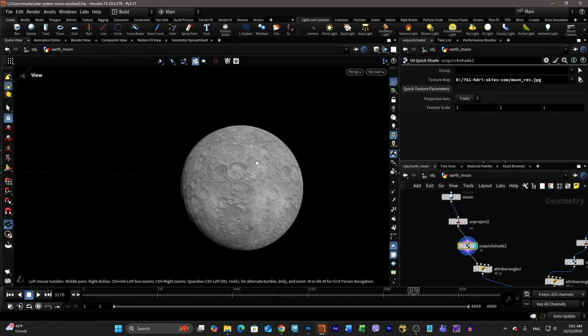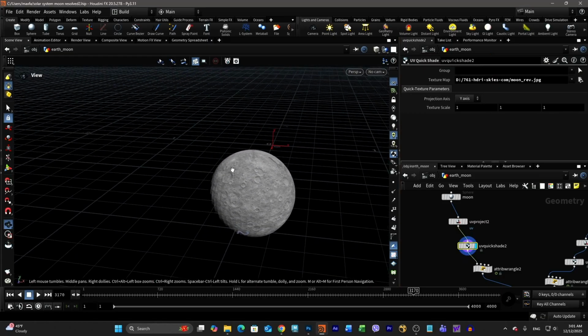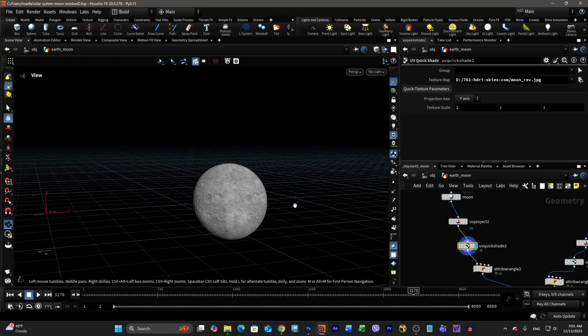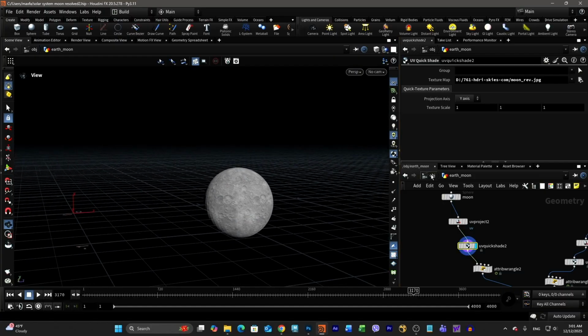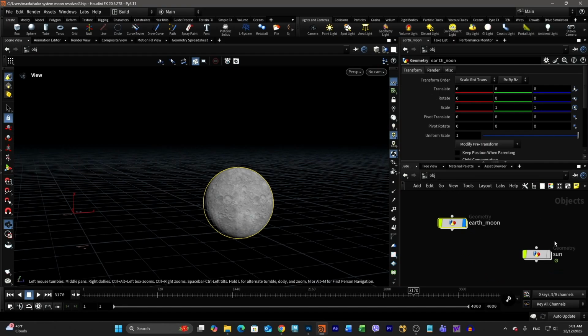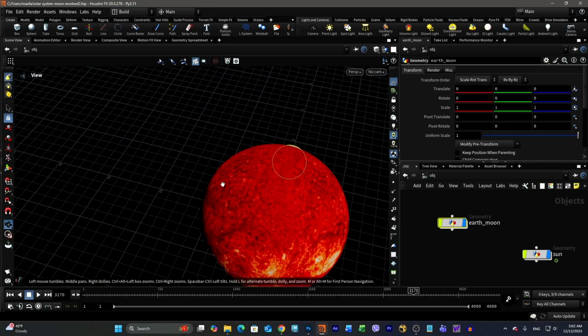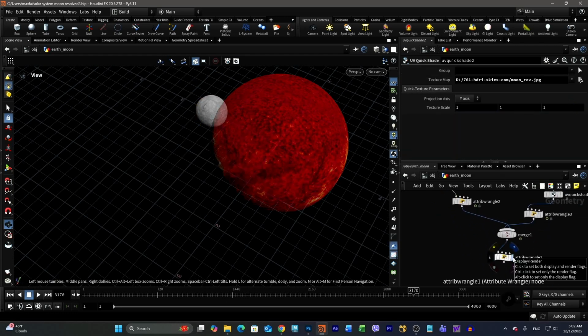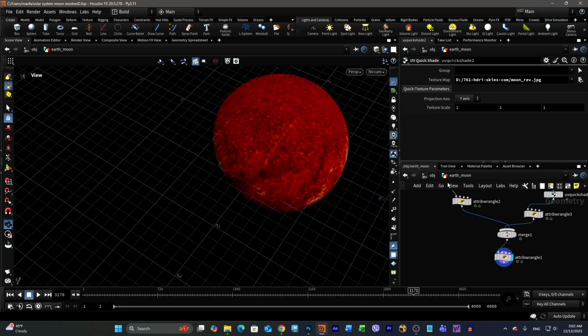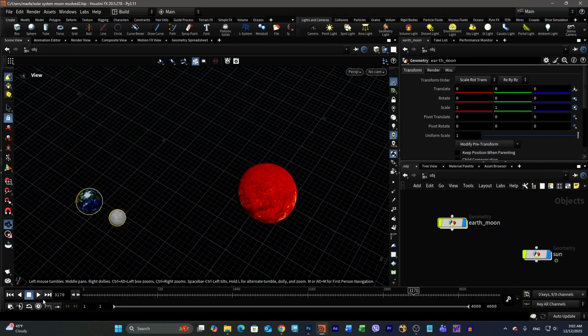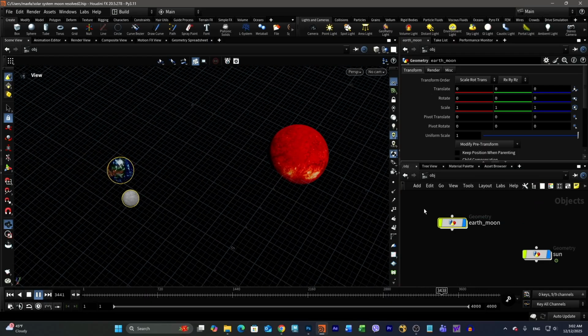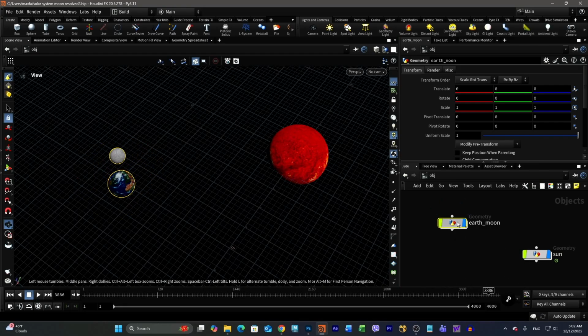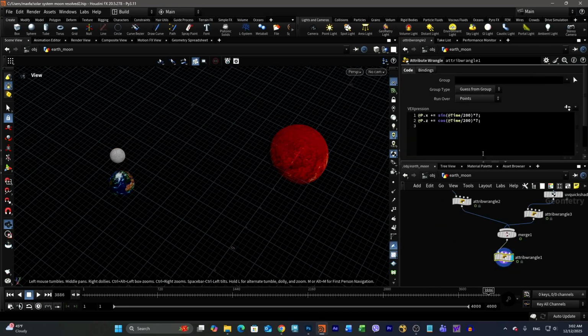Let's change our view to single view. For the time being, it's okay. Go to the objects context up, display our sun, go back and display our attribute wrangle node. Now we have our sun, Earth and Moon. Well, we might change the speed of the Earth rotation, so we select our attribute wrangle node